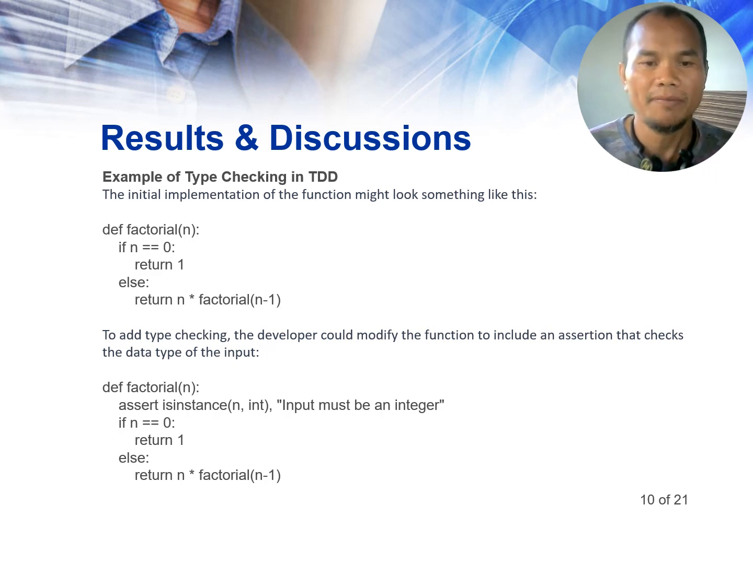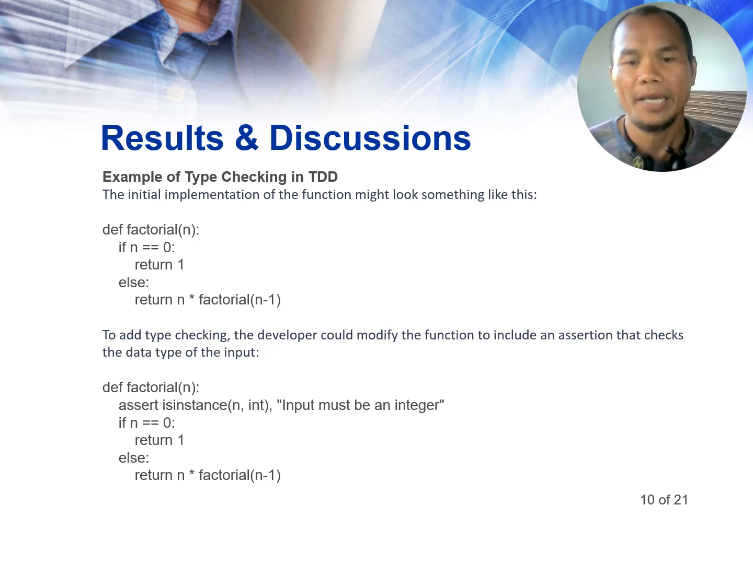Function factorial(n): if n is equal to 0, return 1, else return n * factorial(n - 1). However, the developer might realize that the function does not handle cases where the input is not an integer. So to add type checking, the developer could modify the function to include an assertion that checks the data type of the input. So here's the